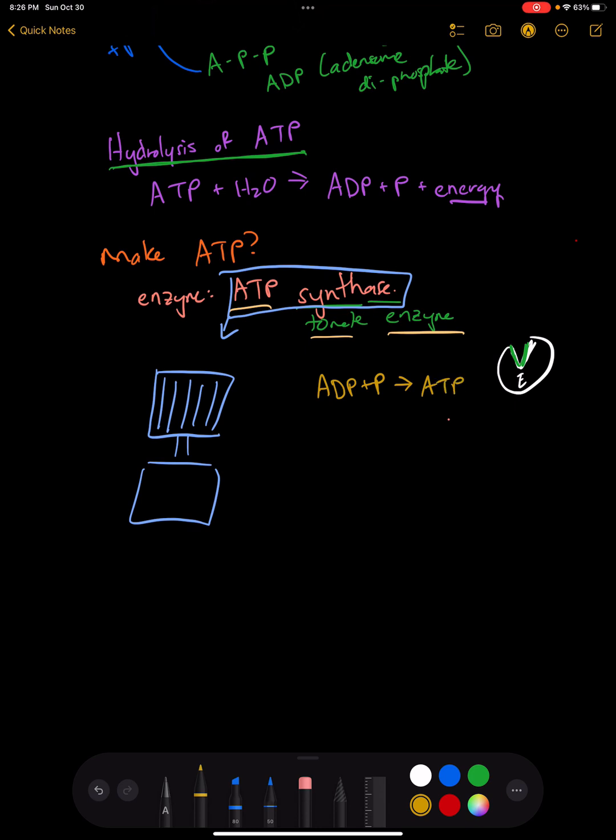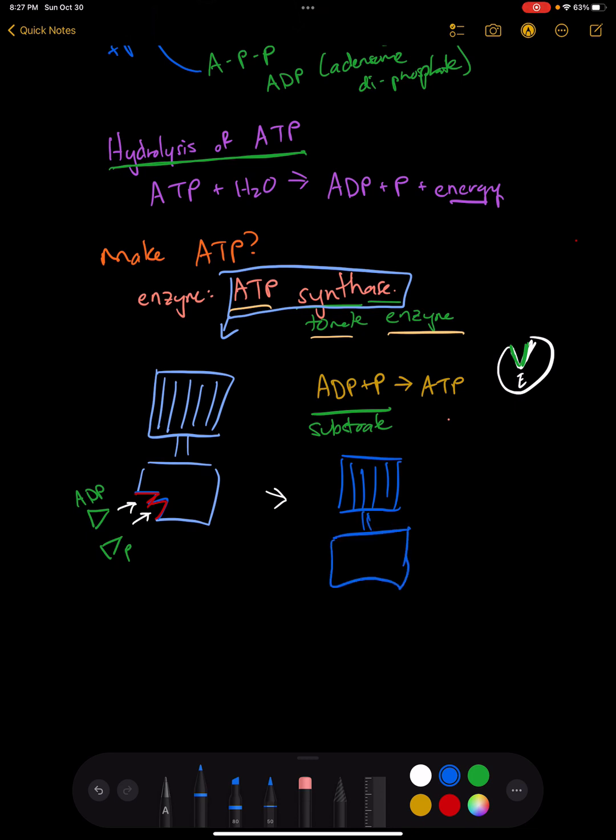All right, well, if this is my enzyme, that means I need to have an active site. And so really that active site is right over here in this corner. There's my active site, right? So this is where my substrates are going to come fit in. So these right here, my ADP and my P, these are now going to be my substrates. And so this could maybe be my ADP, and then I can have this guy right here, he can be my phosphate. And so what's going to happen is this ADP and this phosphate are going to come sit